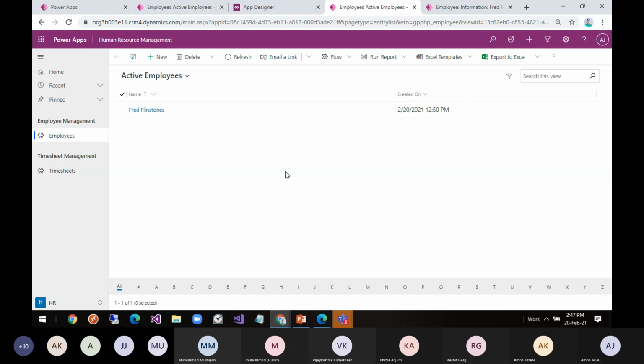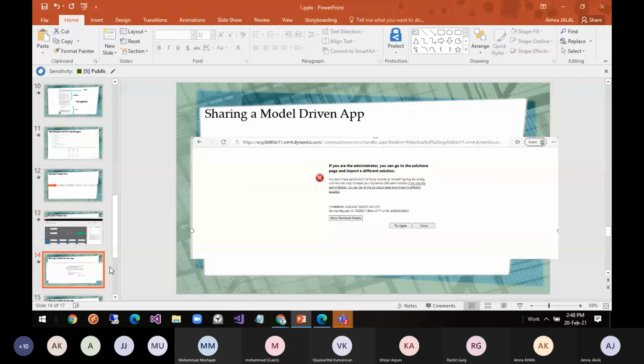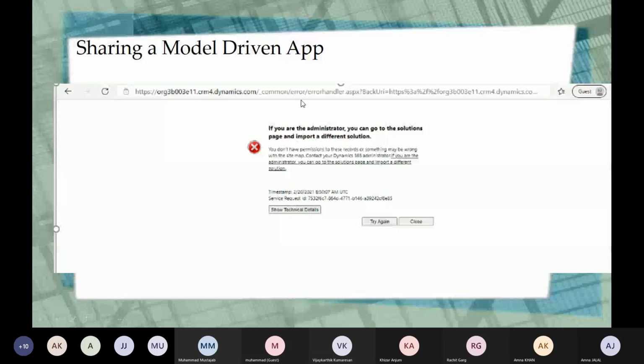So I'm using the basic security role here for my users, and I have multiple users, and I'll show what will happen if we don't have the basic security role. See, we don't have the permissions, or this kind of error message can pop up if you don't have enough permissions or privileges, if you're not having access to the app. Okay, so what I did